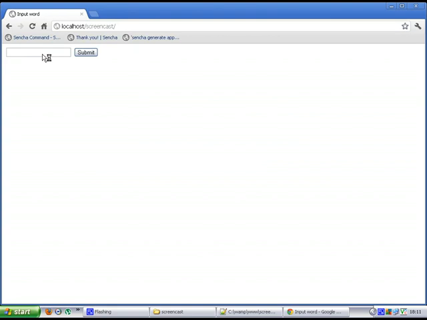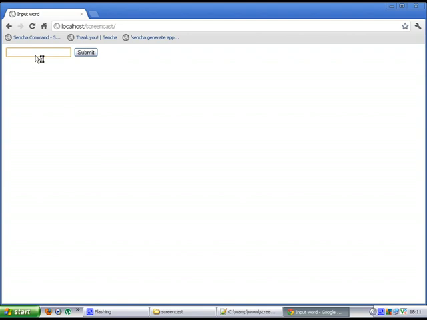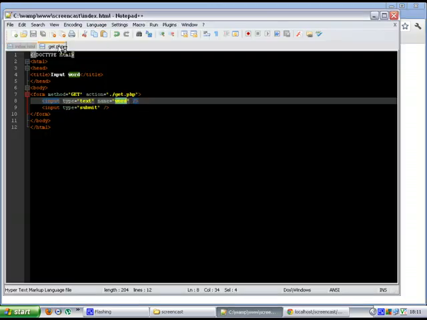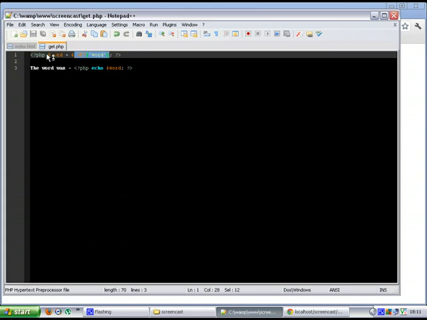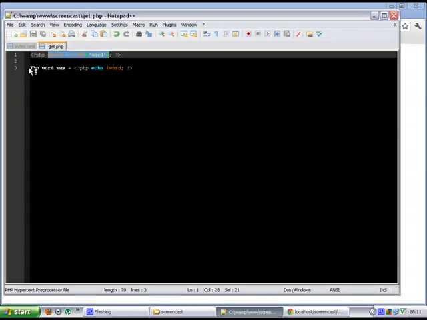and here we go. So now I've got my text form which has been generated by the HTML, nice and simple, and then I'm going to type in a word, hello, and then I'm going to click submit, and there you go, the word was hello. You can see it's pulling the word, which is hello, that's using this bit here, and then it's turning around and telling you that the word was hello, and this is where that is happening